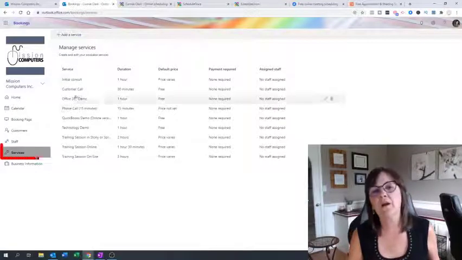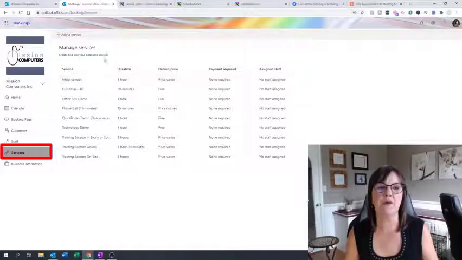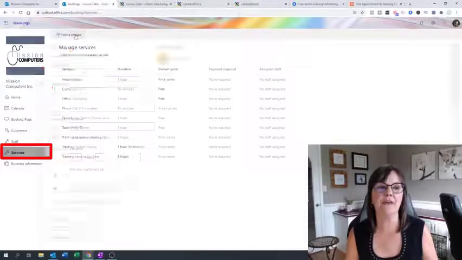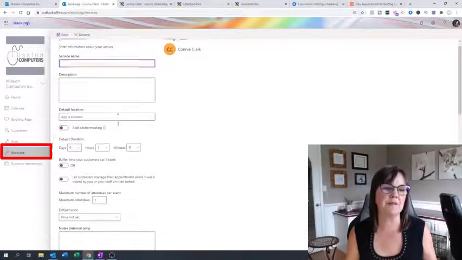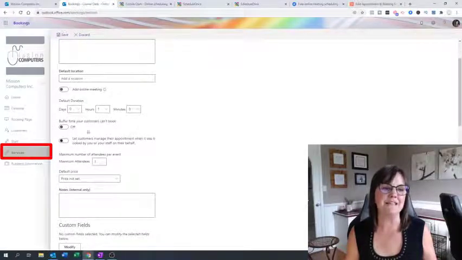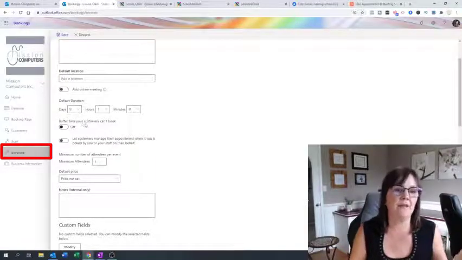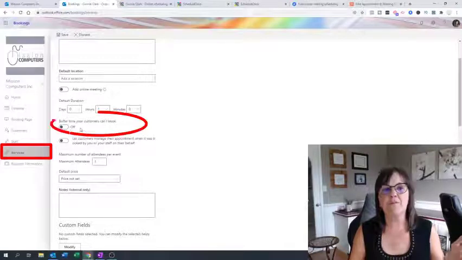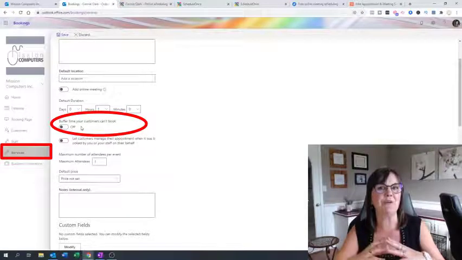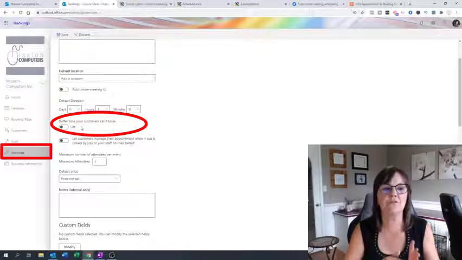Services. So here's where what you saw on that first page comes about, because this is where you actually can add a service. If I hit add a service, you'd say what the name of the service is, describe it a bit, and then you have the details. What's kind of cool here, right? Let's say I am that clothing store, then maybe I want to have a little bit of buffer time. So even though my calendar shows I have an opening at 1 o'clock this afternoon or 2 o'clock this afternoon,